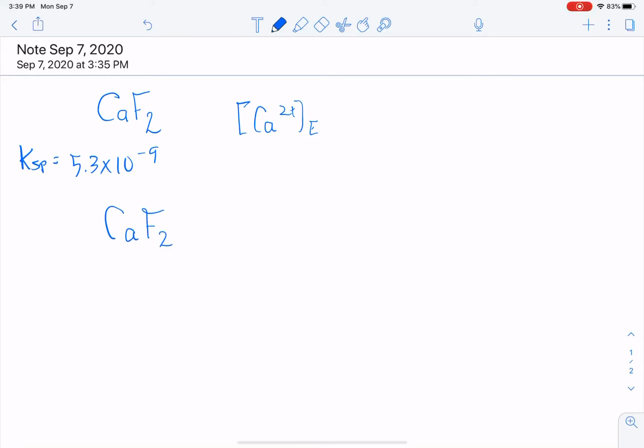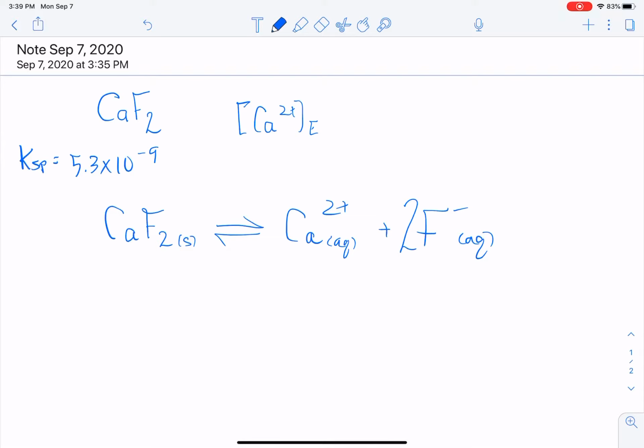Okay, so essentially the first thing we have to do is write out a balanced equation for this. So we have calcium fluoride solid, and it is going to dissolve and produce calcium ions and fluorine ions. So these will be aqueous, floating around in water, and it's really important that we balance. So I'm going to need a 2 here. And then we're going to use an ICE table